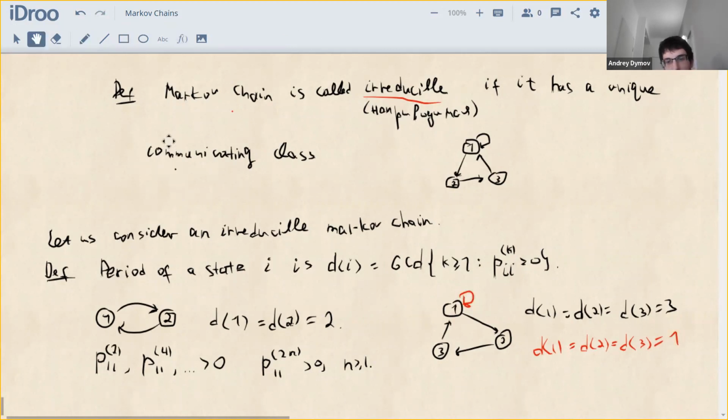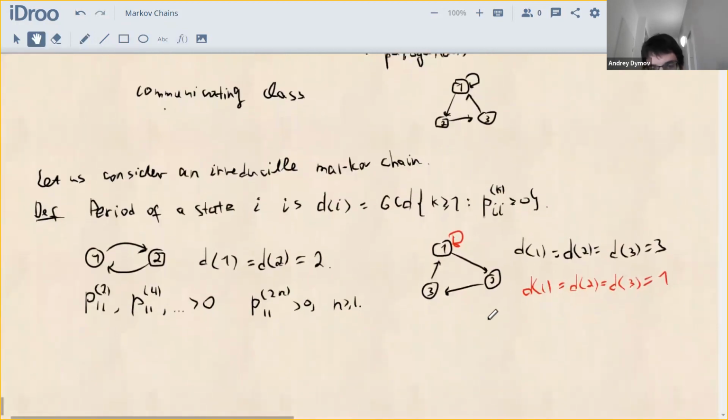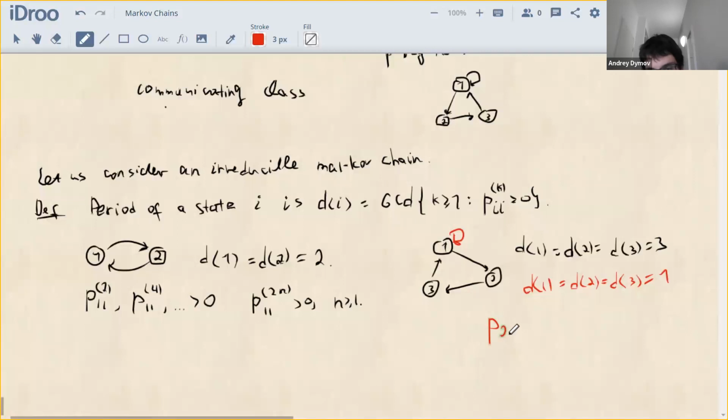look, let us check it. Let us check it for one state, for example, for state 2. The probability to go from state 2 to state 2, you can go in 1, 2, 3 steps, right? In 3 steps, but you can also go in 1, 2, 3, 1, 2, 3, 4, in 4 steps as well, right? So these probabilities are positive. That's why the period of state 2 is 1. Well,